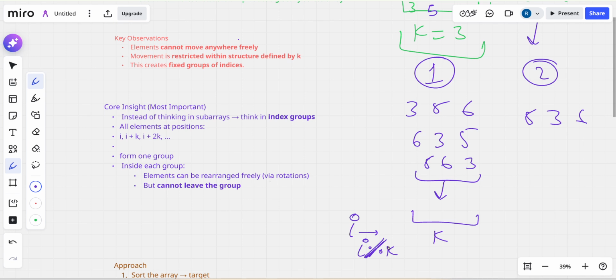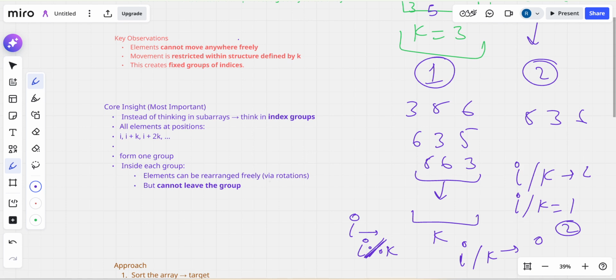If this is 0, then it is part of the 0th subarray. If i divided by k is 1, that means it's part of the second subarray, and if it is 2, then it will be the third subarray.